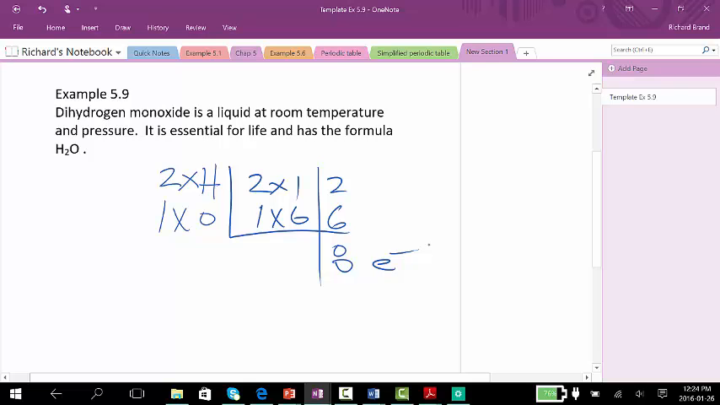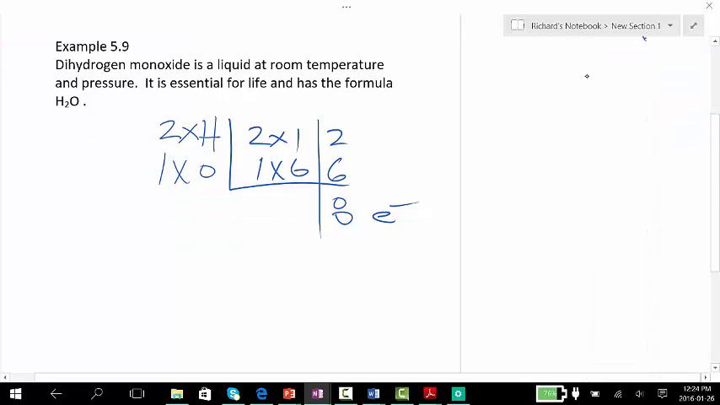So now what I'm going to do is put down the oxygen as the central element in this formula. Remember the rule I said, usually, almost always, the first element in the formula is going to be the central atom, unless the first element in your formula is hydrogen. So oxygen, I'm going to put as the